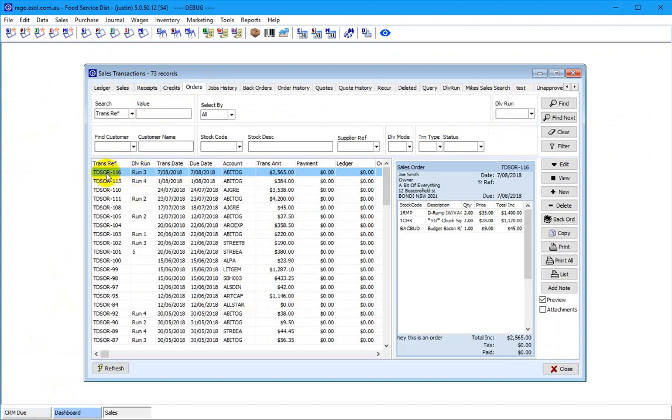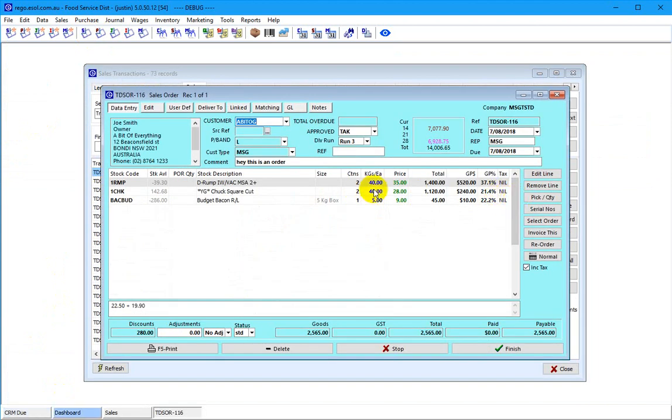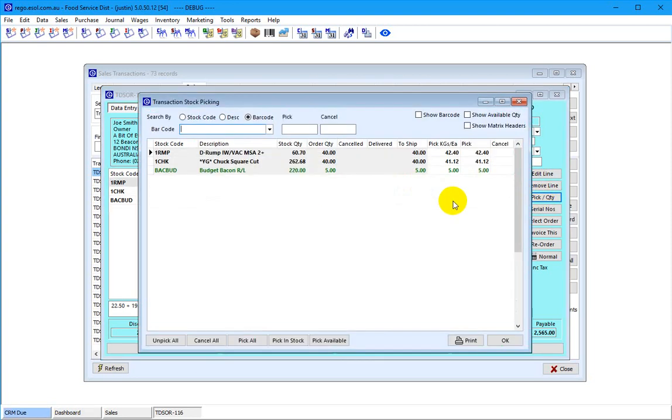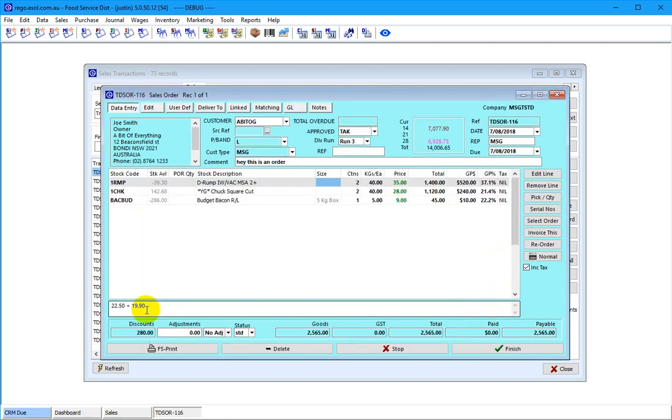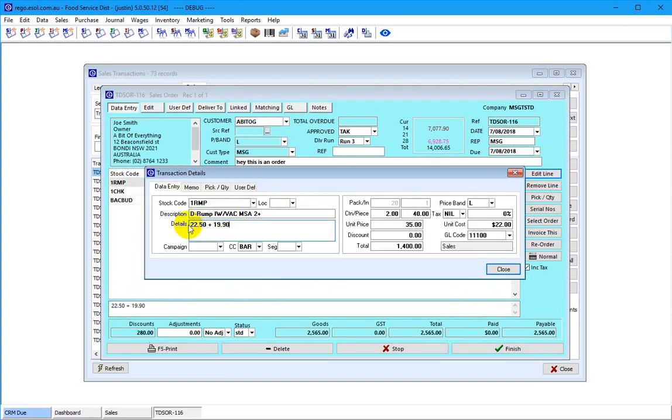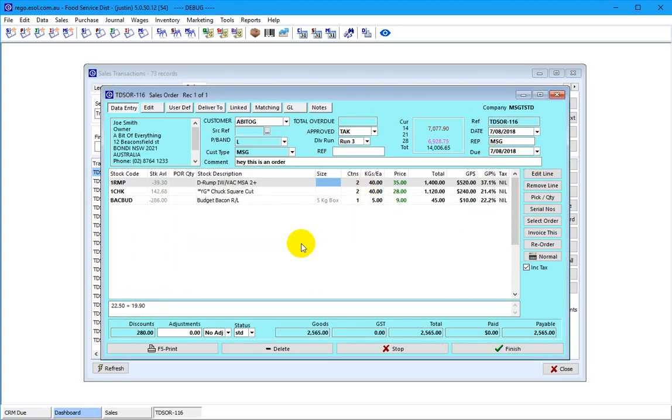Orders. There's the order that I just entered, but it's gone in here and it's picked these random weight items, and also there's the little formula. I've actually on this occasion decided to display the formula at the bottom of the screen here. Again, this is another configuration. The data is also in this field here called line details. So, well, then what we need to do is convert that order into an invoice, and there is also